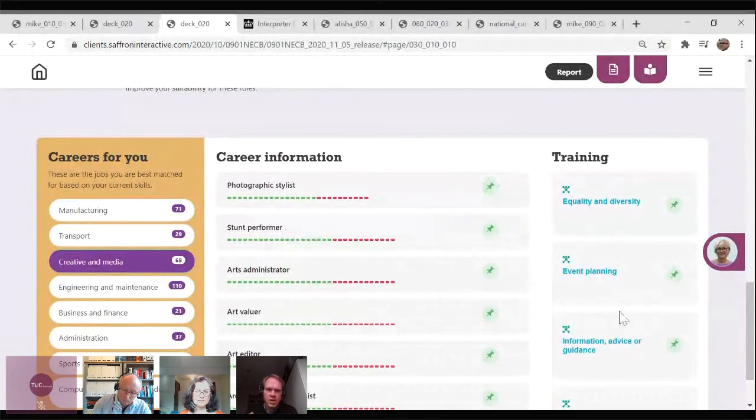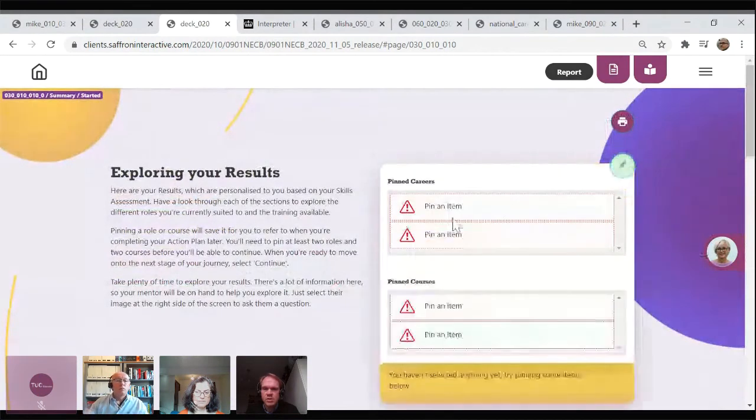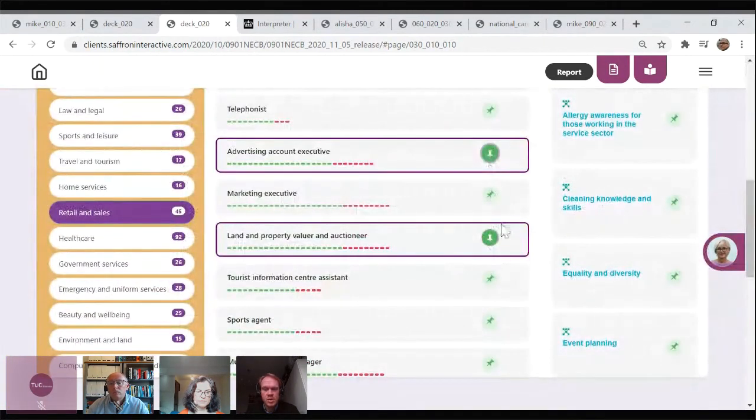If they want to keep a career or a piece of training, they then have this pin icon. So the idea is, if you go back up here, it says you haven't selected anything yet, try pinning some items below, and it shows you that they currently haven't pinned anything. So if I go in and pin, they can pin as many as they want, but the idea is that they need to pin at least 2 roles and 2 courses to be able to continue, just so that they've got a couple of ideas to move forwards with, because that will help them when putting together their action plan